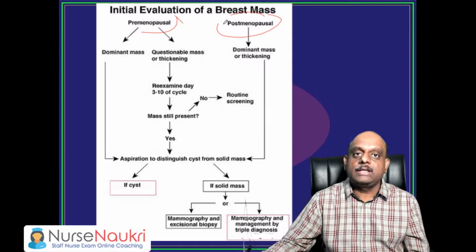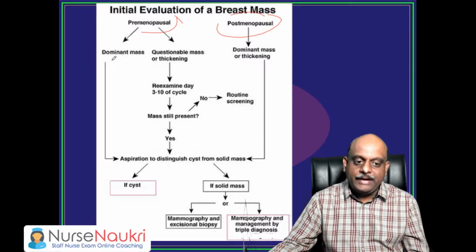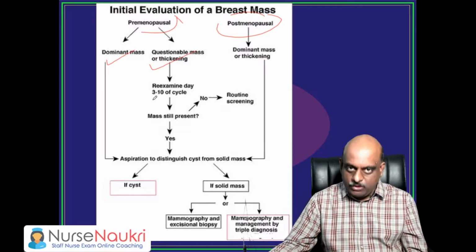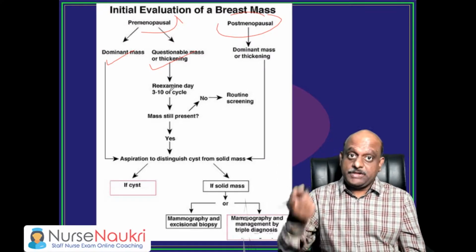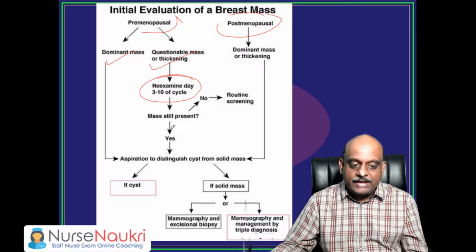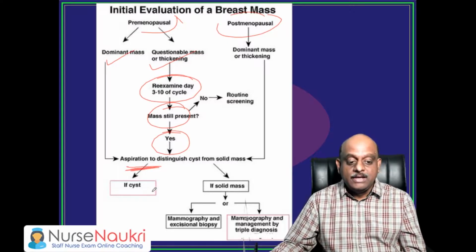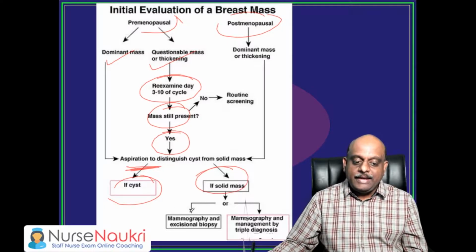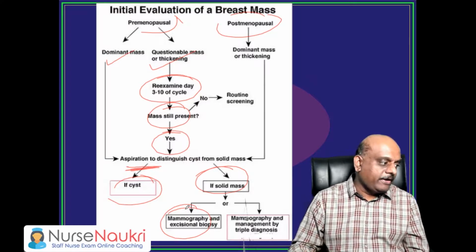Pre-menopausal, post-menopausal, that's how you look at it. Pre-menopausal means menopause has not happened, she is young, there is a dominant mass, a questionable mass. The mass is doubtful, but she got scared because she saw on TV that breast cancer is increasing a lot. So re-examine after 3 to 10 day cycle, if the mass is still present, then you need to do the aspiration. If it is a cyst, you already know what to do. If it is a solid mass, then you have to do mammography and refer to a surgeon for an excisional